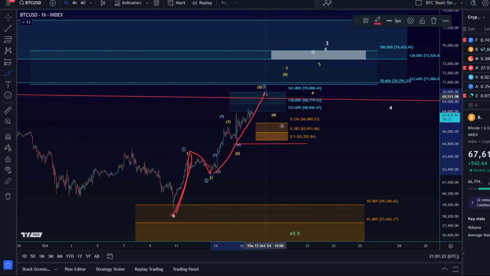Then if we push a little bit higher, I would have to adjust micro support. But currently, should that wave 4 start already, or should we get a pullback, this is the first micro support area I can identify here. It's between 65,200 and 66,890. And as long as we're holding it, I'd be watching for a 5th wave to the upside, which can send us into that target area above.